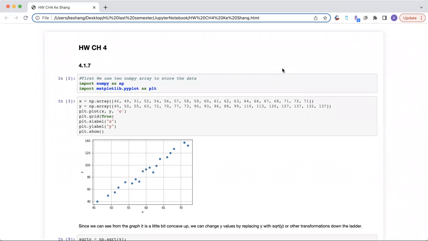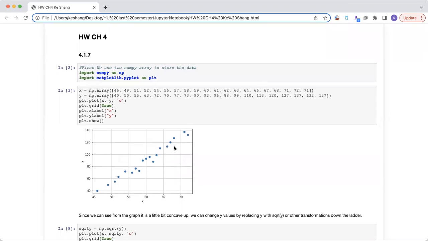Okay, so let's do homework for chapter 4. For problem 4.1.7, it gives us a set of data representing the temperature and the cricket chirps in 1 minute. So I first plot those data